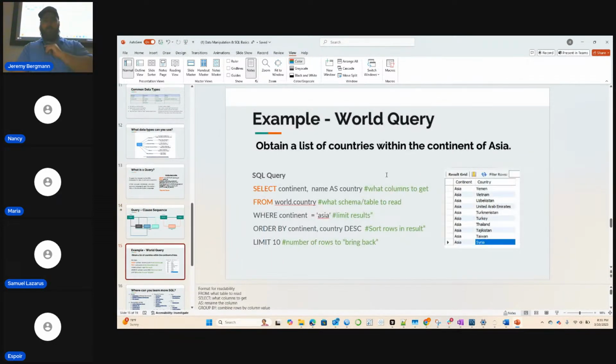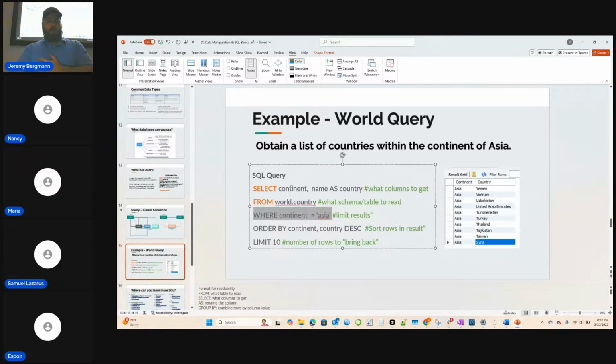So here's an example of the world query. I want to wait on this until we get set up, we're going to get set up in the last 30 minutes. But here's one that you could get. So think of it as doing the FROM first. I want world.country, WHERE the continent is equal to Asia. So we're getting all the countries in Asia.